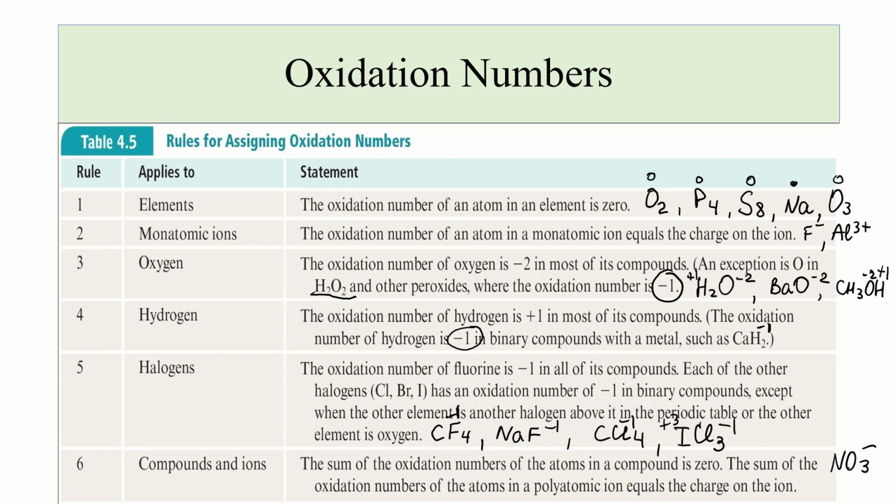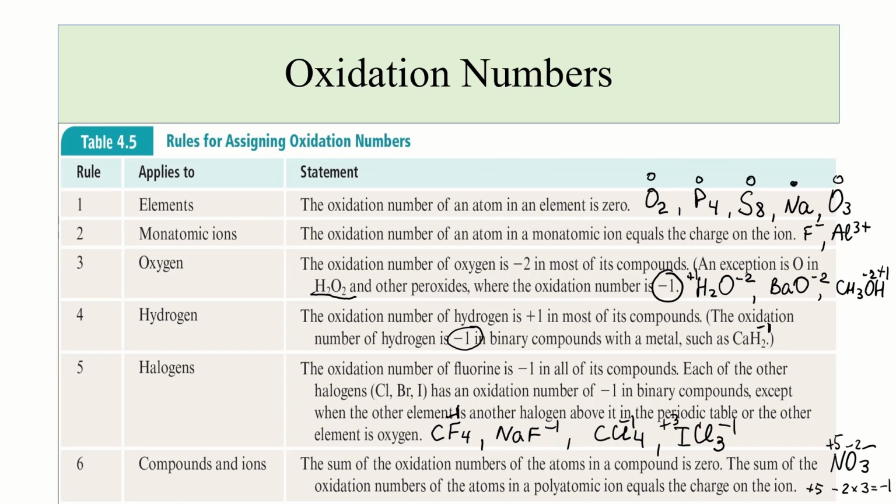If I want to assign individual oxidation states for oxygen and nitrogen, I will start with the oxygen, since I know that oxygen has -2 oxidation state in most of its compounds or ions, and then assign the appropriate oxidation state for the nitrogen to have the overall oxidation state -1. So in this case, nitrogen would have +5 oxidation state. +5 minus 2 times 3 for oxygen, since we have 3 atoms of oxygen here, gives me -1 oxidation state